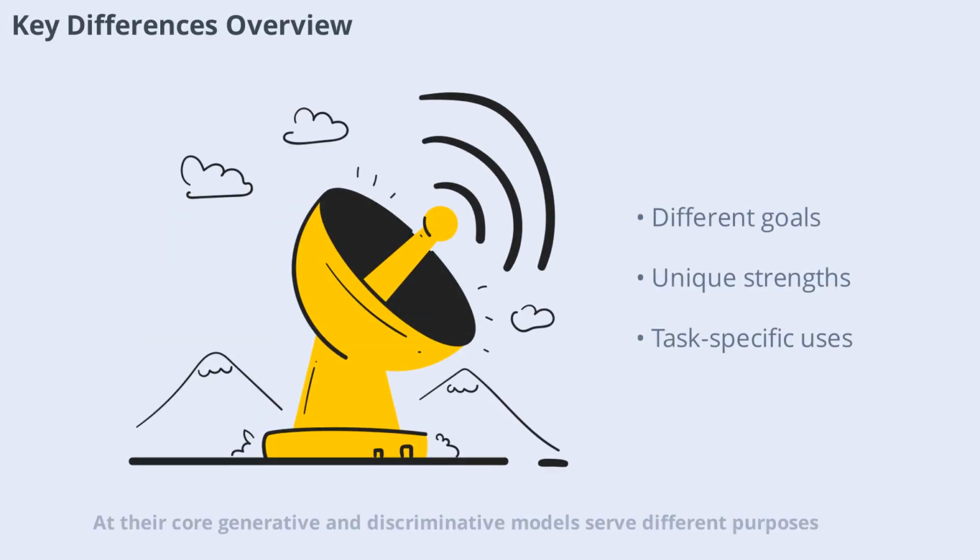Generative and discriminative models serve different purposes at their core. Generative models aim to understand and recreate the data, while discriminative models focus on distinguishing between categories. This fundamental difference shapes how each type is used and what problems they're best suited to solve. Understanding these distinctions helps in choosing the right approach for a given AI task, whether it's creating new content or